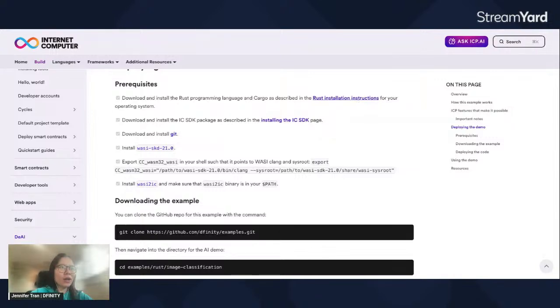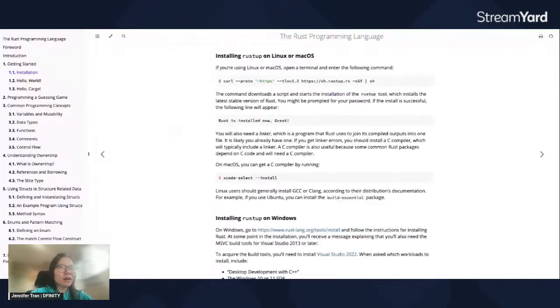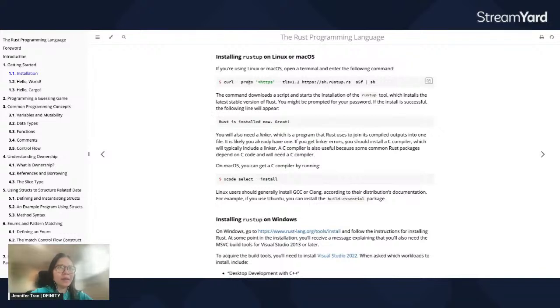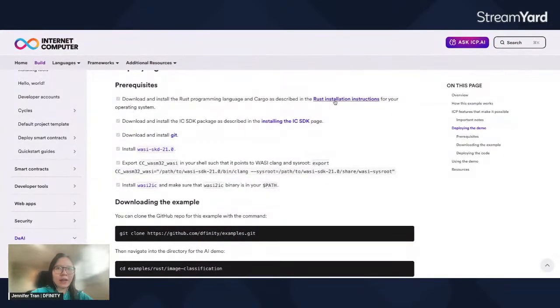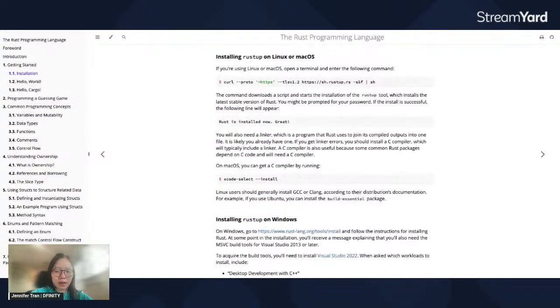First, this is in Rust, so we have to make sure that we have Rust up and running on Mac. If you click on the first link here, the Rust installation instructions for your operating system, it will take you to this page, and then I can go through it.